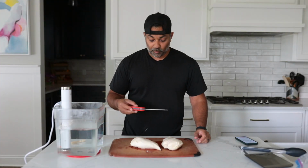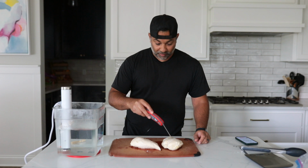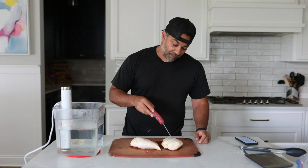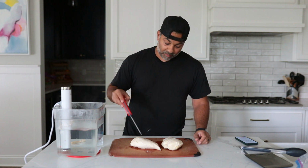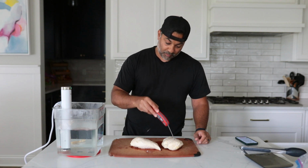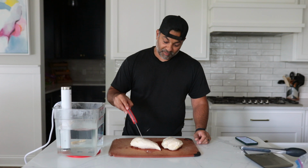Alright, so I've got my trusty ThermoPen One, and let's see what the temperature is. I'm going in the thick part here, and you can see I'm at about 155 on this guy, thickest part here, 160. No, 158 here. And 159 there. Okay, so